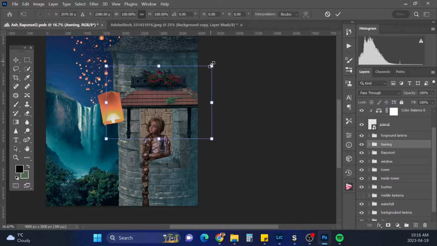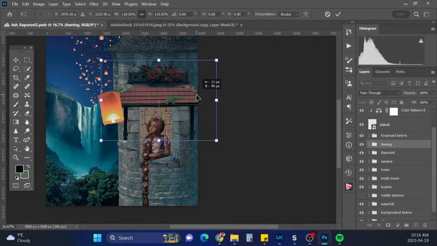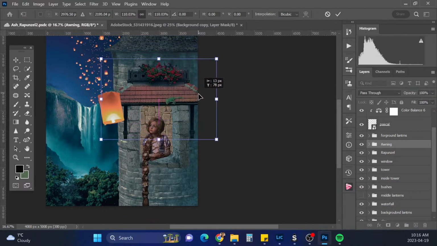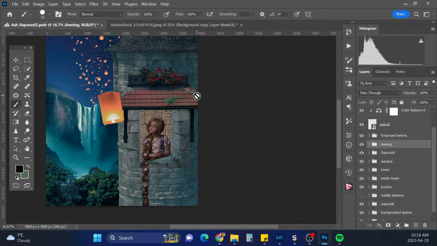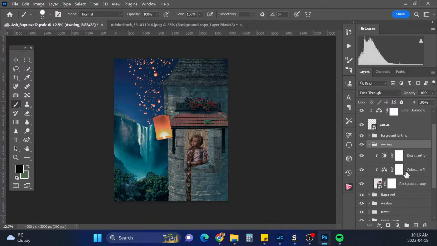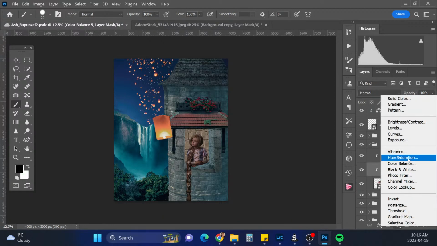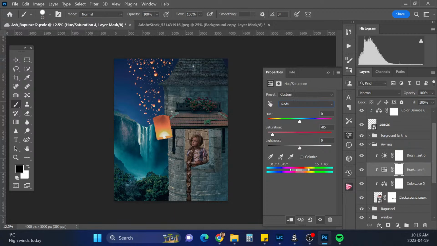Okay, I might just make the awning a little bigger here. And with the awning, I'm gonna try doing a hue and saturation and going into the reds and desaturating it so it matches more of this color up here.